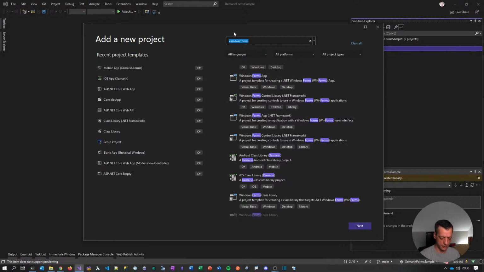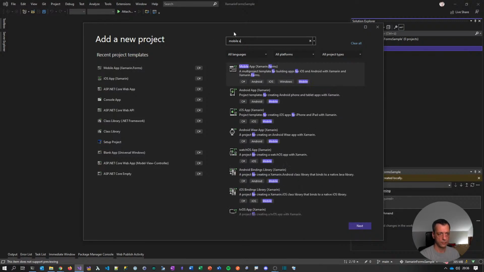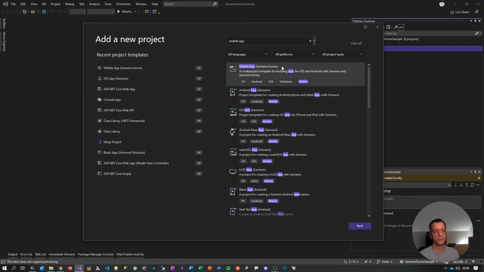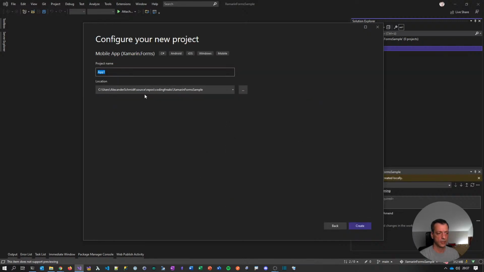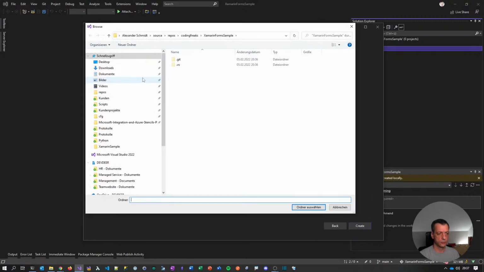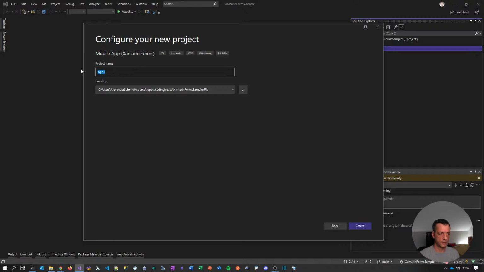So can I find it here too so that you see it? Mobile app, here it is, Xamarin Forms. A multi-project template for building apps for iOS and Android with Xamarin and Xamarin Forms. Okay, that's right away. So if I create this one, and let's say I put it into the correct UI location in my file system, what happens next is when I say, let's say,